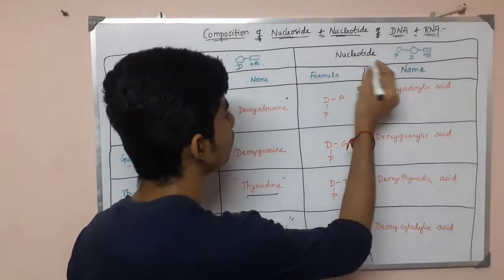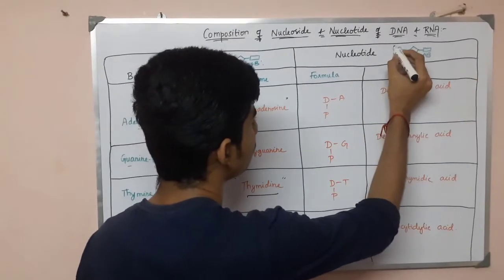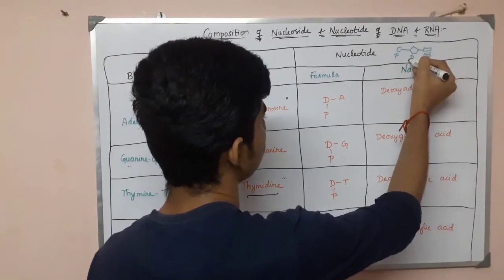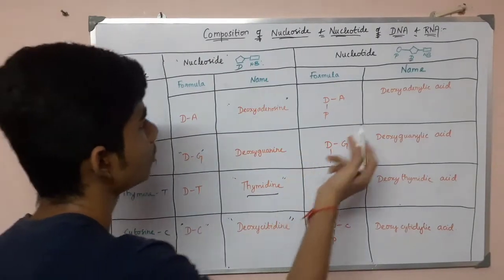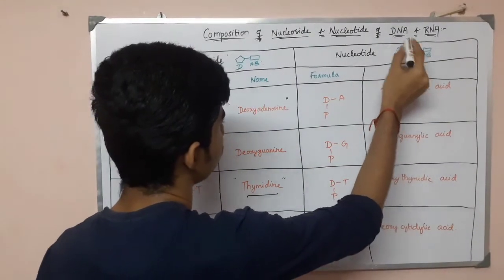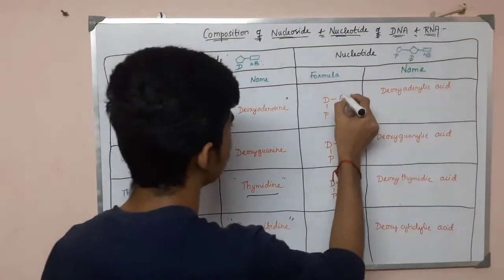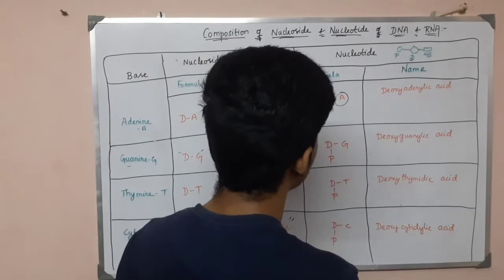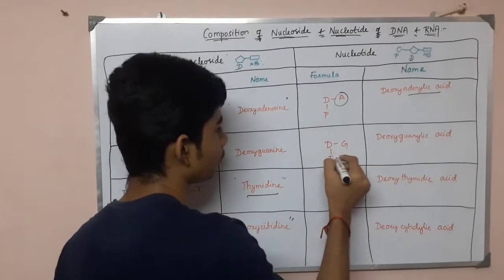And now let us see the nucleotide. A nucleotide is nothing but the combination of a sugar molecule, that is the pentose sugar deoxyribose, a nitrogen base such as adenine, thymine or cytosine, and one phosphoric acid, the addition of phosphoric acid. So let us see with adenine. The combination of deoxyribose sugar, adenine and phosphate will be deoxyadenylic acid,